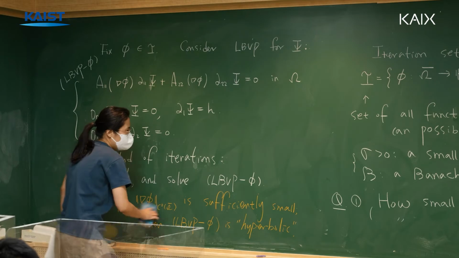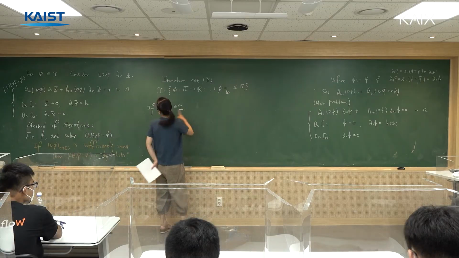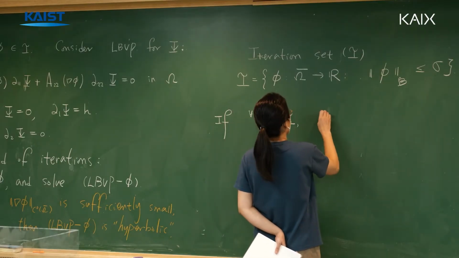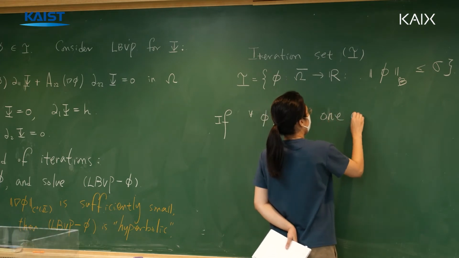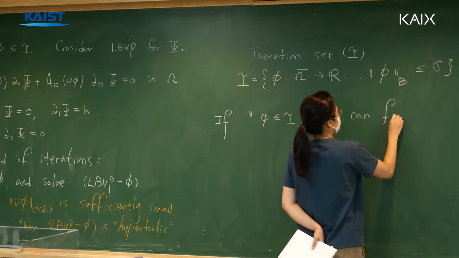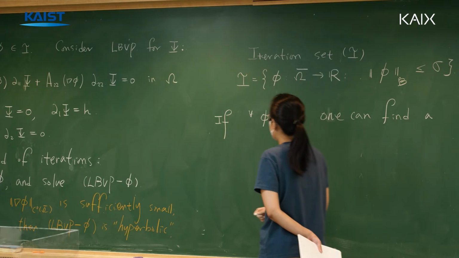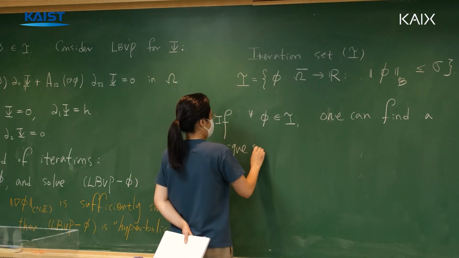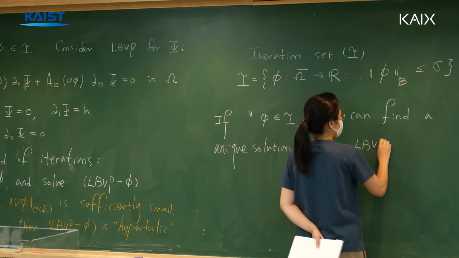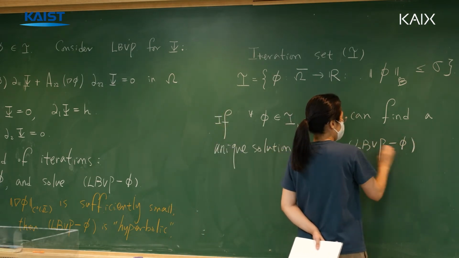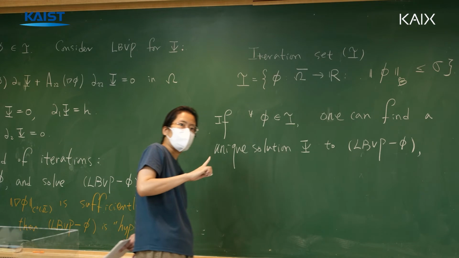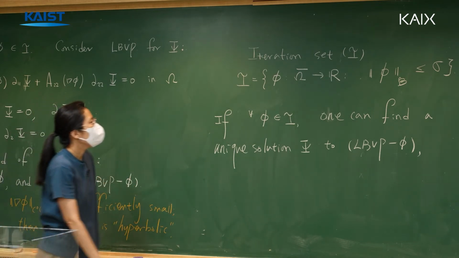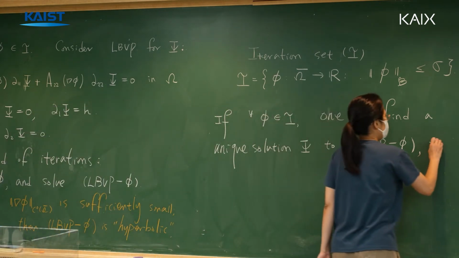So now, for any phi, one can find a unique solution to the boundary value problem for phi. So this is where you use your knowledge from the first 2 days, right? Then we can define